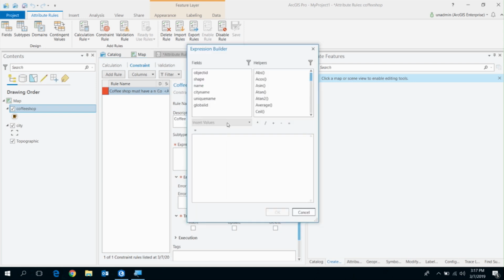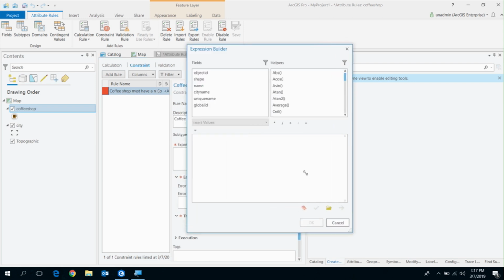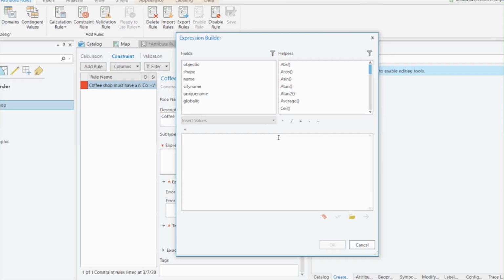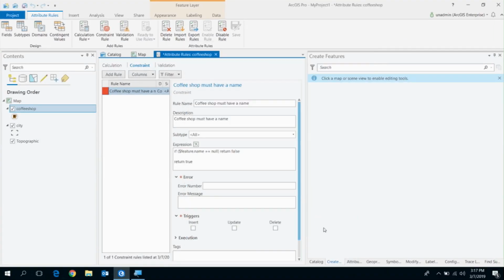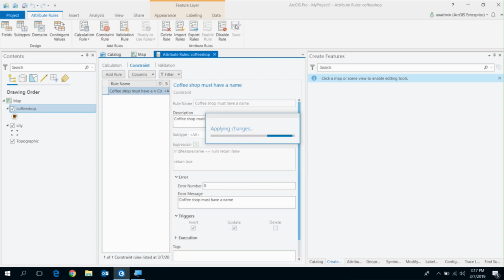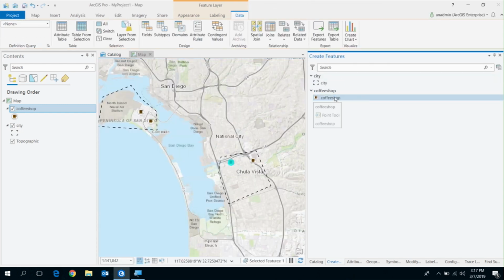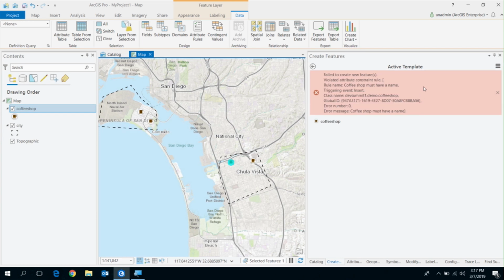And then it should be a straightforward thing. If $feature.name is equal to null, then you want to fail, else go ahead and succeed. And then I'm going to add another error message here. I want to execute this on insert and update. And then save. Sweet. So let's go ahead and create another coffee shop, and this time we get an error,